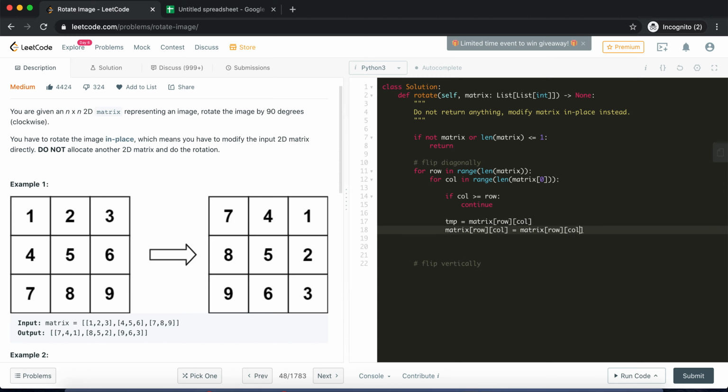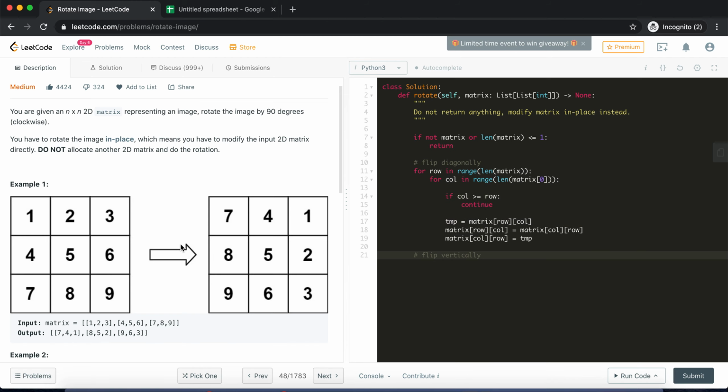The corresponding element is represented in the reverse order: row will become column, column will become row, and that's its corresponding element. And lastly we'll assign temp here. So this is the diagonal flip, you can say. So the first step is over.